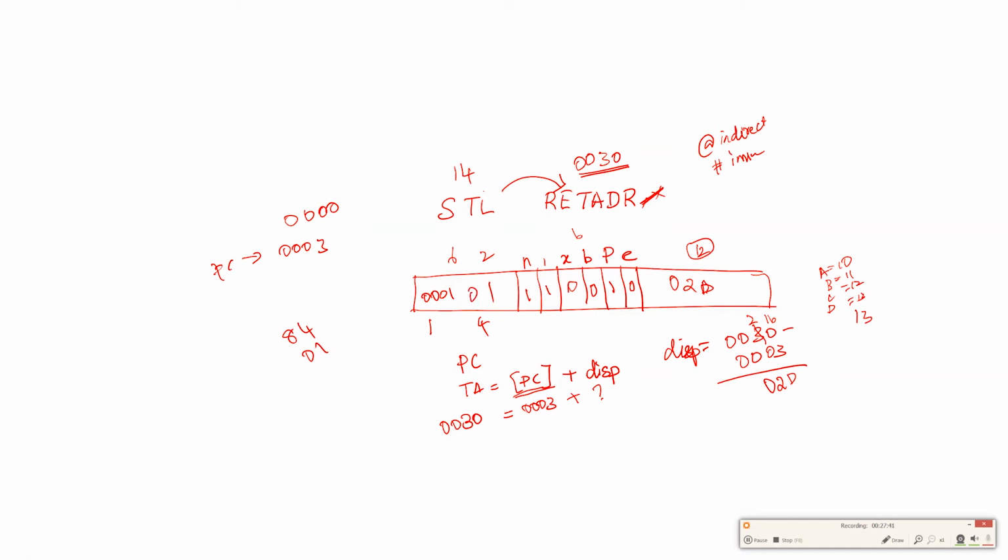Now we are going to rewrite this instruction. Now we can see how I am going to rewrite this instruction. So the first one is 4 bits, it's 1. Another 4 is joined, that is 4, 2, 1. 4 plus 2, 6 plus 1, 7. So 1, 7. What is this? 0, 0, 1, 0. That is 2. Here it is 0, 2D. So this instruction is written as 17202D.